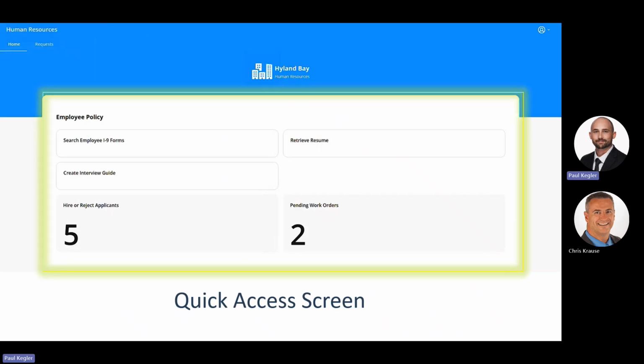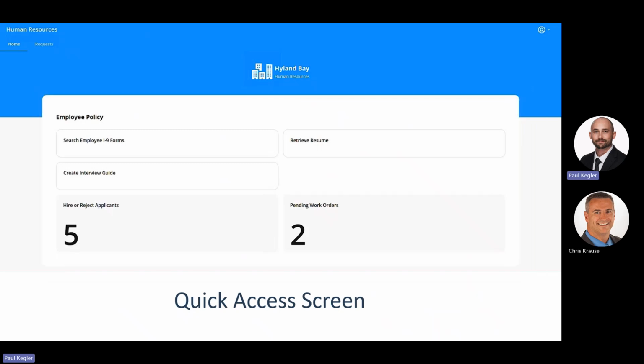In the center, we have our card, which is where we can organize our quick access tiles. Within this example card at the top, we have actions, and that's where the user can perform the configured actions. Below that, we have the source tiles, which navigate you directly to these workflow queues. And again, all of this is language that can be configured to resonate with your common terminology that exists within your